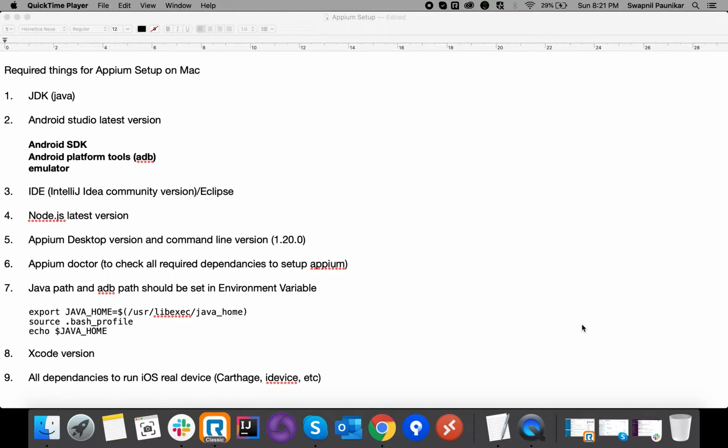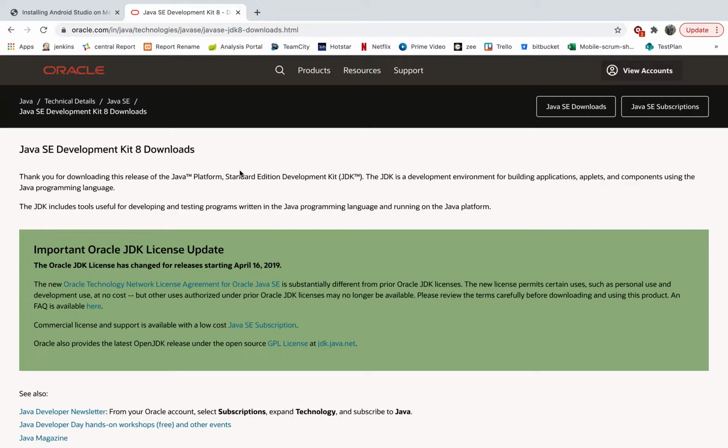Okay, so guys, as you can see, the first thing that we require is a JDK to be installed on our machine. In order to download the JDK, this is the official site, because Oracle owns and maintains Java. The first thing you have to do is sign up to Oracle. If you don't have an account, you need to sign up first, and if you have an existing account, then you can directly sign in.